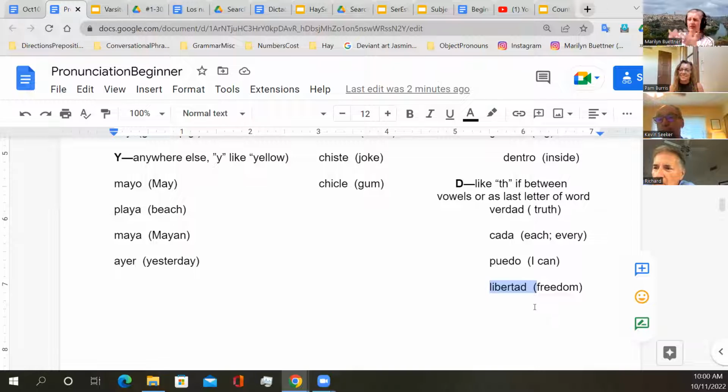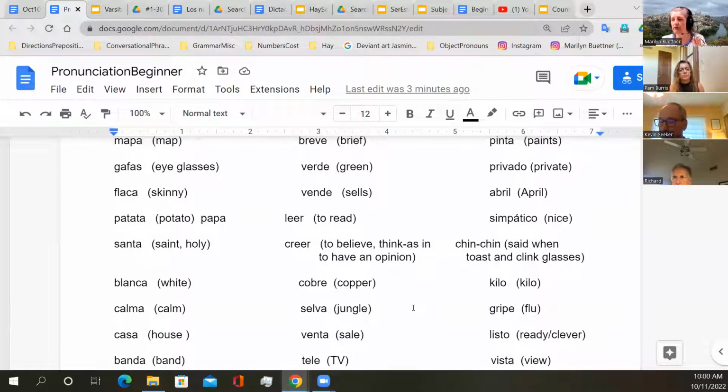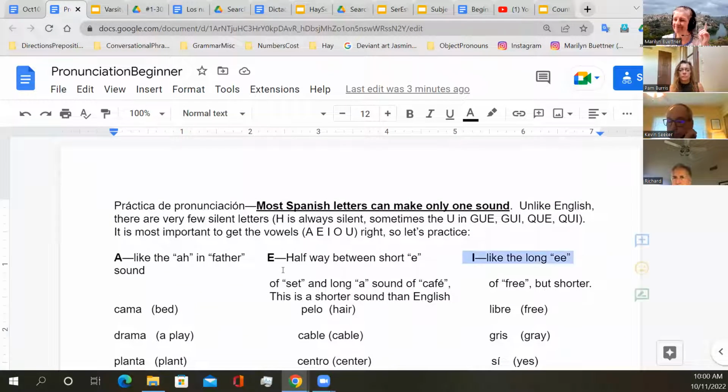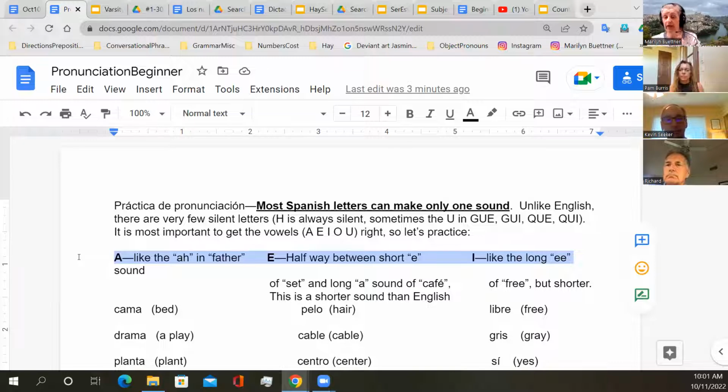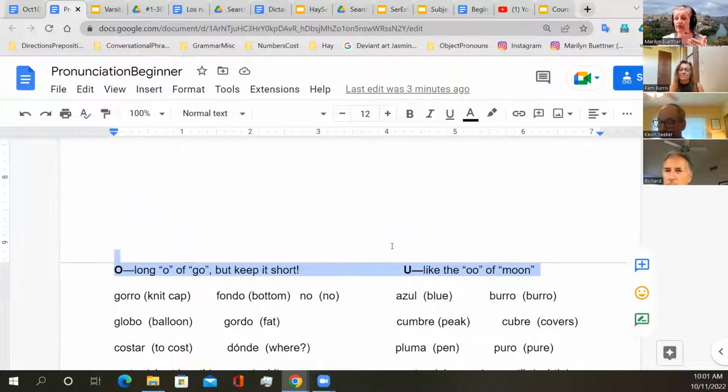So in the big spectrum of pronunciation and Spanish being very phonetic, the D is not a deal breaker. If you make it a little too hard, people will still know what you mean. The ones that will get you in trouble, where it'll be hard for a native speaker to understand you, are these vowels. Believe it or not, these very first letters. If you mispronounce the A, the E, the I, the O, if you mispronounce the vowels, you set yourself up for being misunderstood kind of easily,